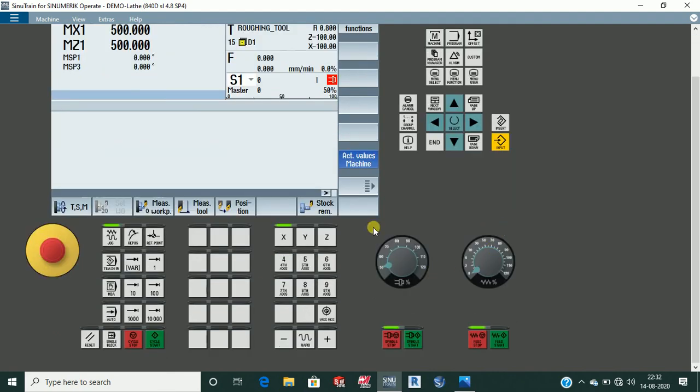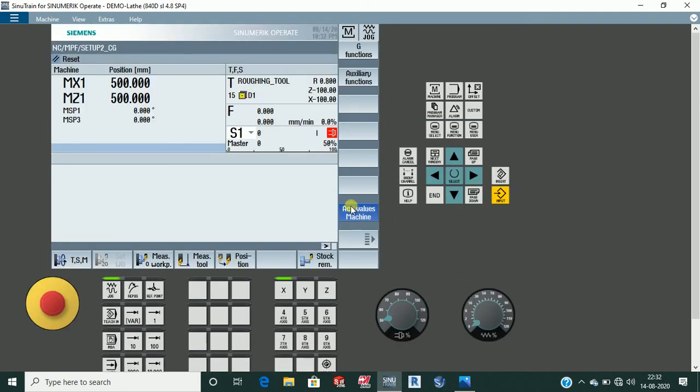And all this is called the machine control panel. It controls the machine axes, X and Z axis, and it runs the program with cycle start and cycle stop. I'll cover the machine control panel in the next video. After that I'll start the first operation and go from the basics one by one, so that you can learn everything from scratch.